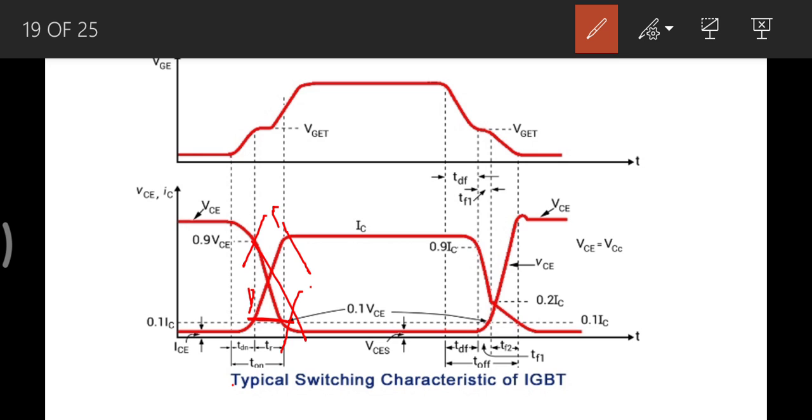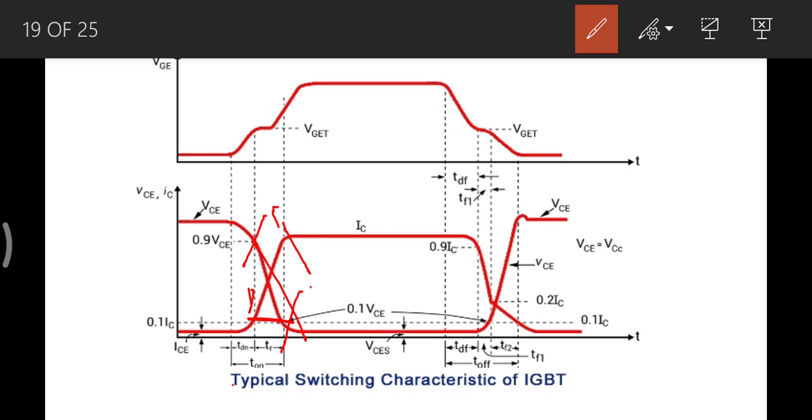This is the time taken for rise time. This is about the rise time of the IGBT. So rise time can be expressed in two ways. One is with respect to collector current. It explains the time taken to rise the collector current from 0.1 IC to IC. That means the total full current rises. Okay, now, 0.1 IC to full current rise is considered as the rise time.